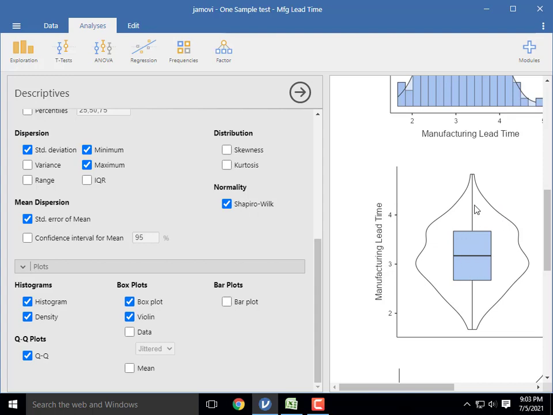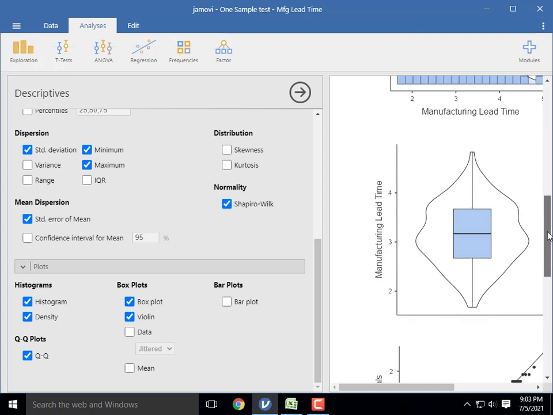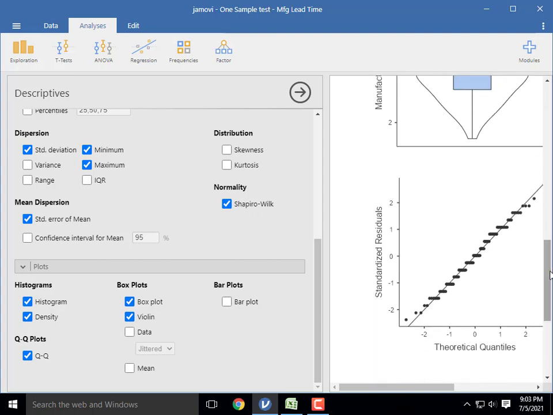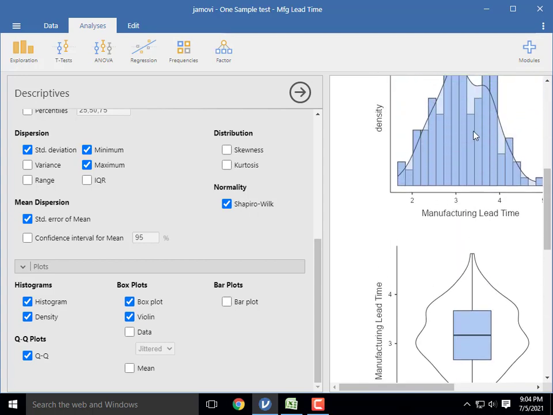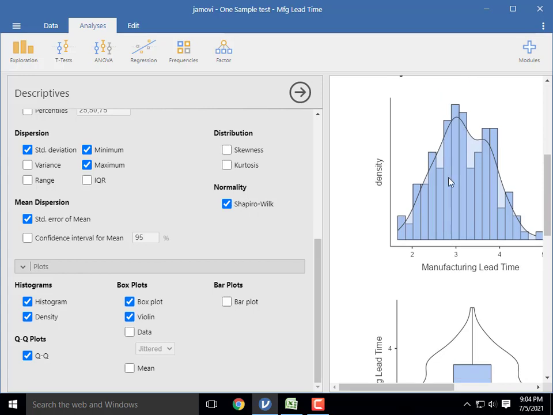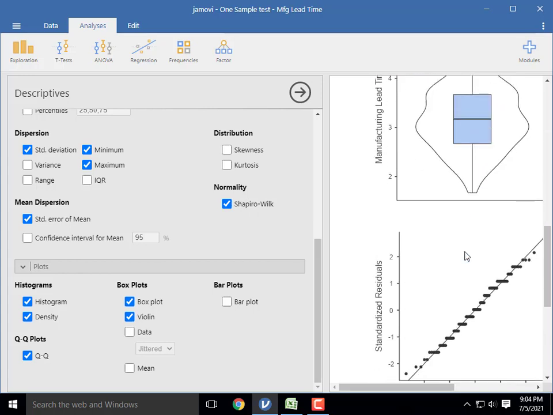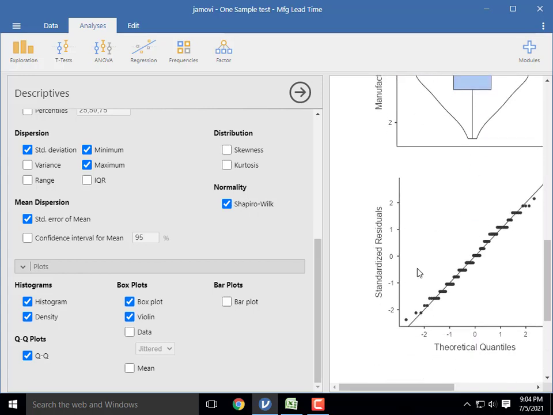Here there is no asterisk or star mark outside the box, so our data does not have any outliers. Then move to the Q-Q plot. Our data is normally distributed. So with these three diagrams we can check normality and outliers.